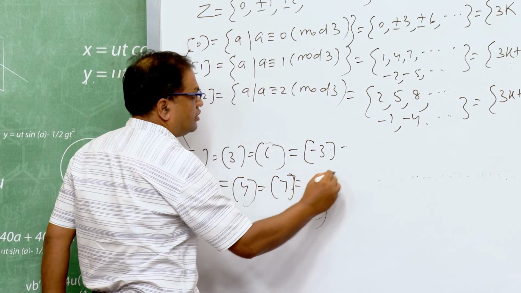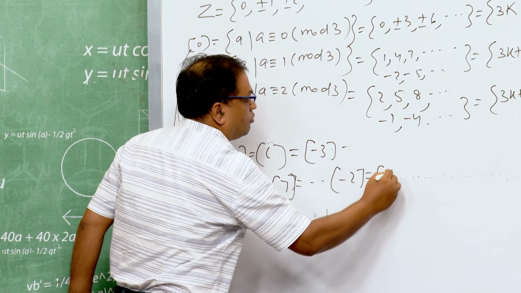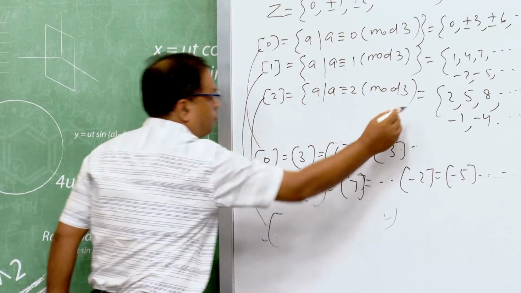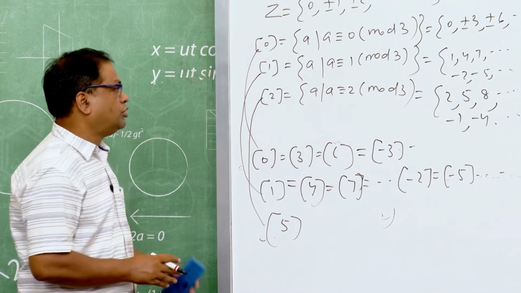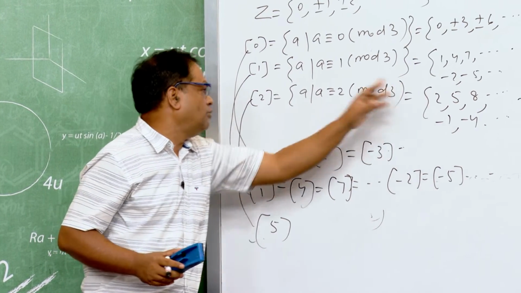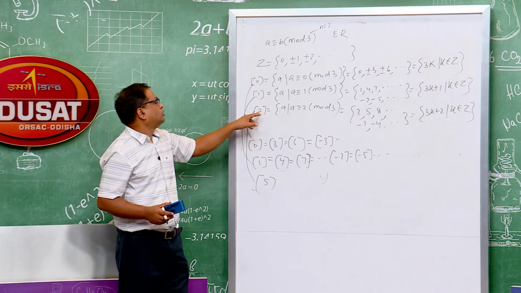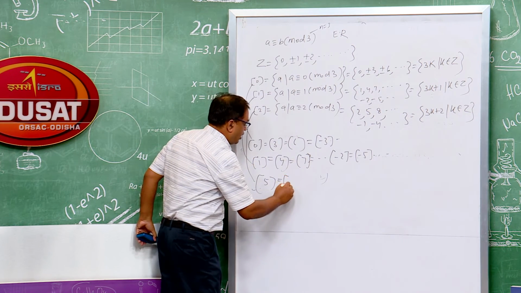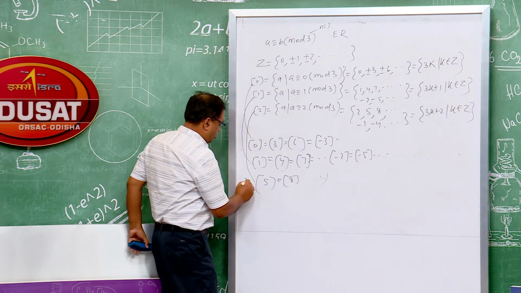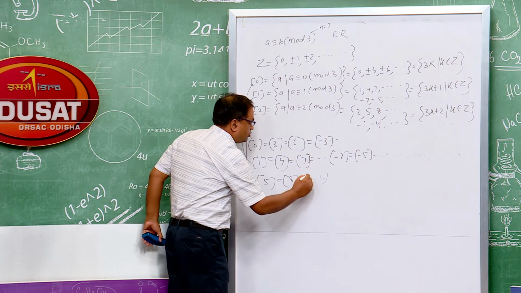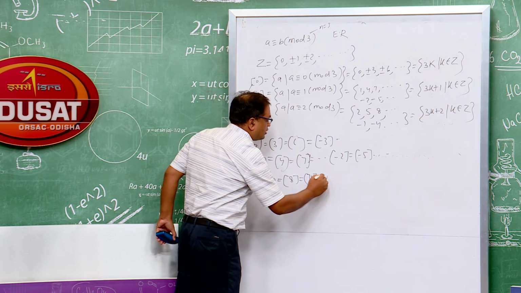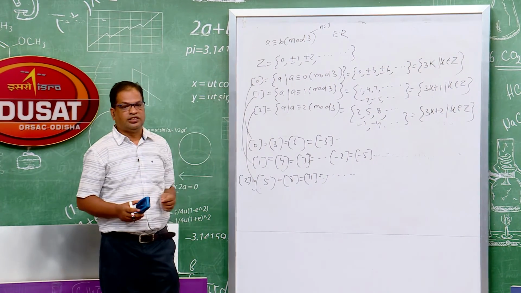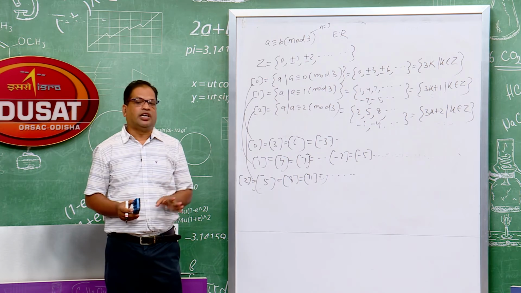7, the equivalence class of minus 2, minus 5, and if you find the equivalence class of 5, it will also be the same set, because 5 is an element of the equivalence class of 2. So, the equivalence class of 5 and the equivalence class of 2 will always be equal, and you can also check that. So, the equivalence class of 5 is equal to the equivalence class of 8, that is also the equivalence class of 2. 11 like this. So, although it seems that there are infinite integers and we have an infinite number of equivalence classes,